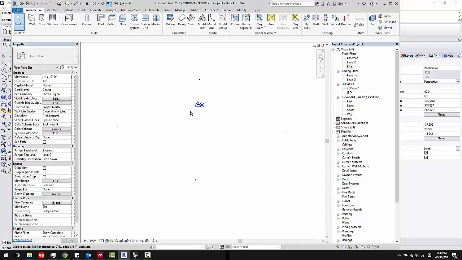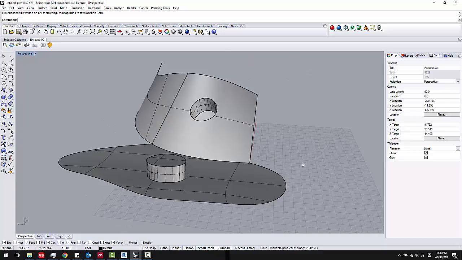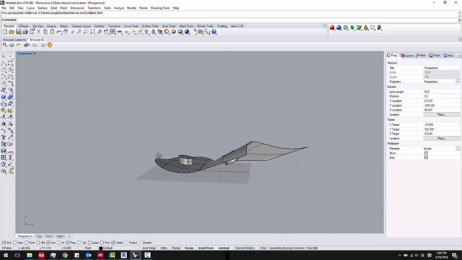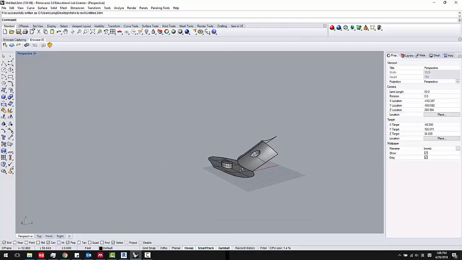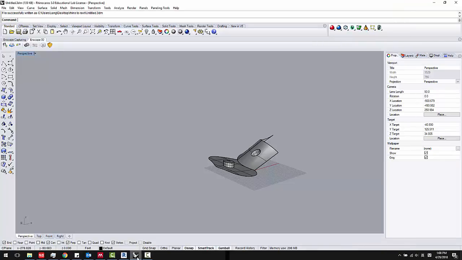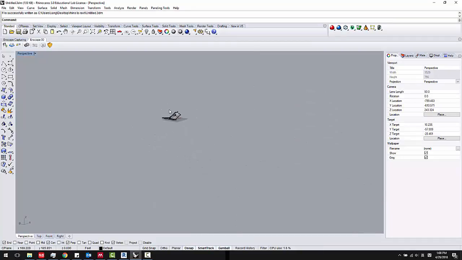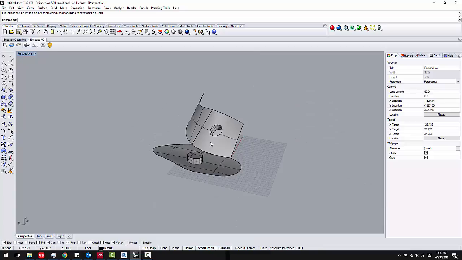But Revit is not as good as Rhino in terms of modeling. For example, to model this kind of shapes, Rhino is just so much quicker, and it's so much easier. I would say Revit is not as good in terms of conceptual design, the form, but Rhino is okay. To start from scratch, I usually like to go with Rhino. But to end the project, I would like to go with Revit because